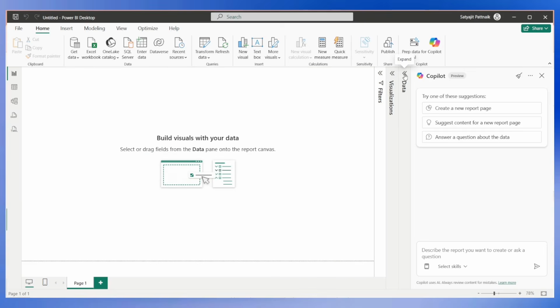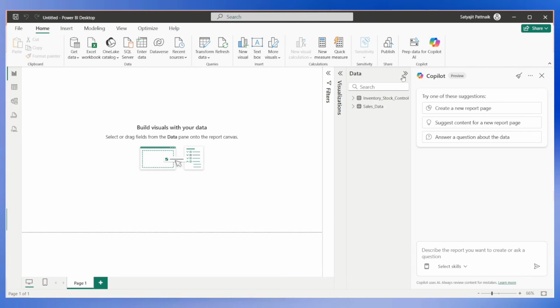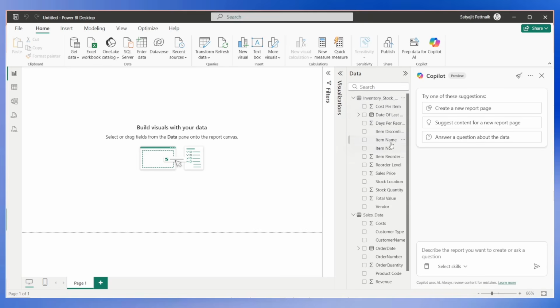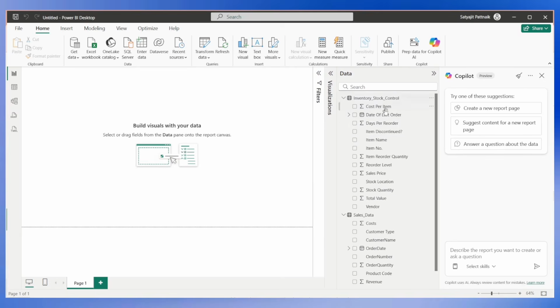So how will AI help here? Now there are two things that you can do. One is, if you want to leverage your domain expertise and you want to create some measures. For example, you want to create a measure on, let's say, total cost. This is cost per item, right? Item level cost. Now if you want to find the total cost, or the total of